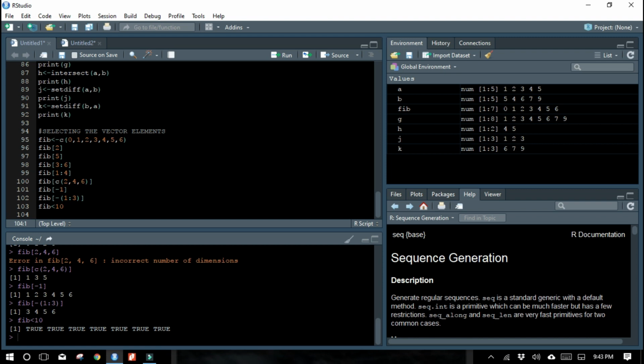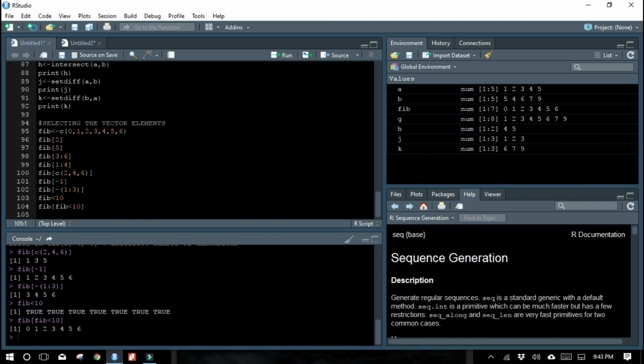So let me give fib of fib less than 10. Now what does this give? It will display all the numbers that are less than 10. Now if I change it here to less than 5, what happens? Let's see. It will display the numbers that are less than 5.